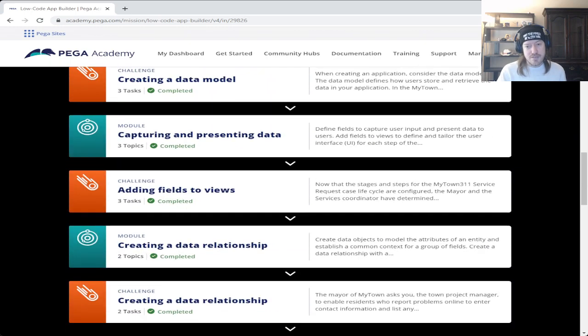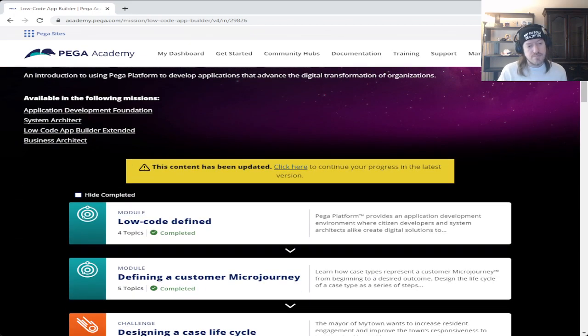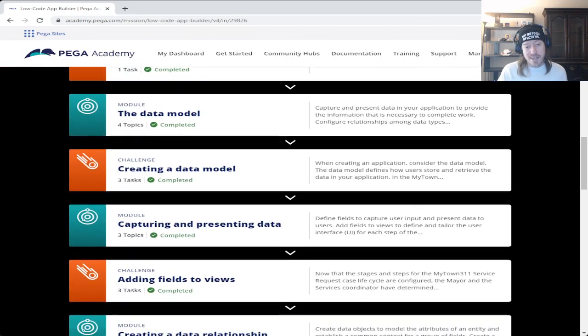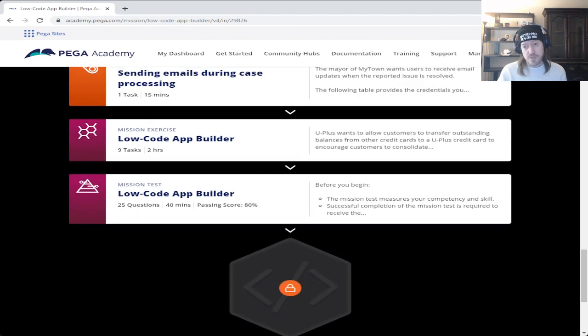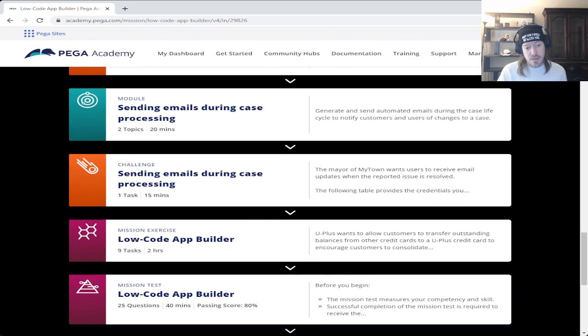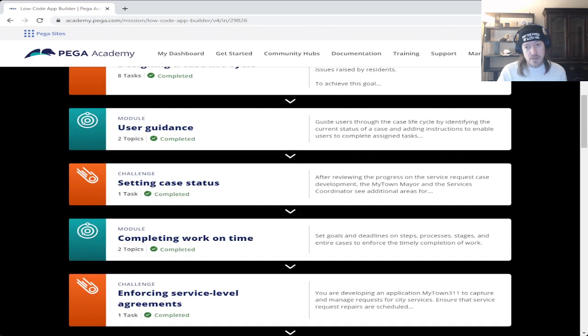And what was I kind of struggling with? That kind of thing. And you might get the exact same thing with the low code app builder. It might not even tell you which module you had issues with.